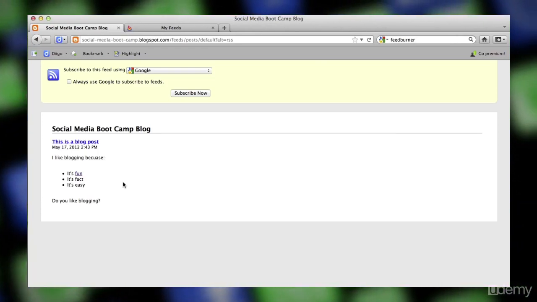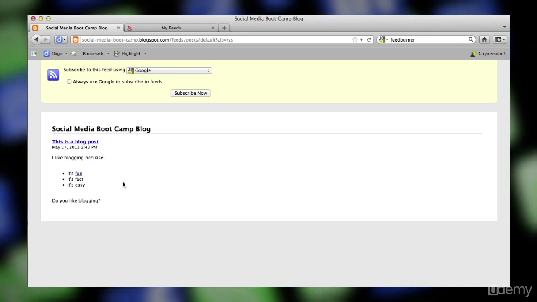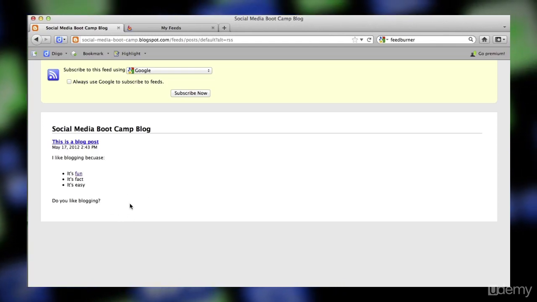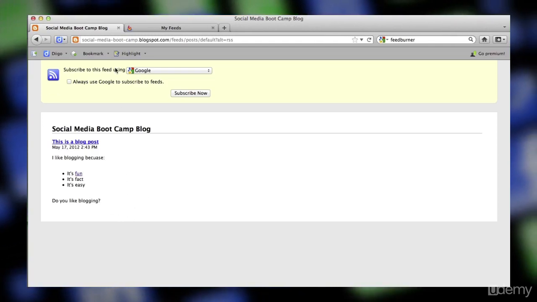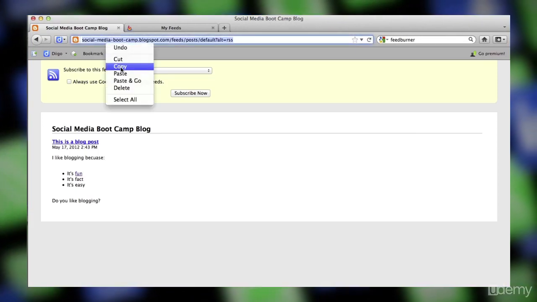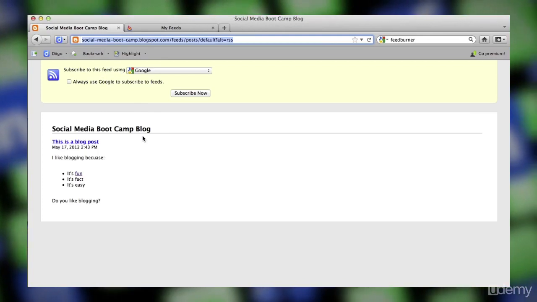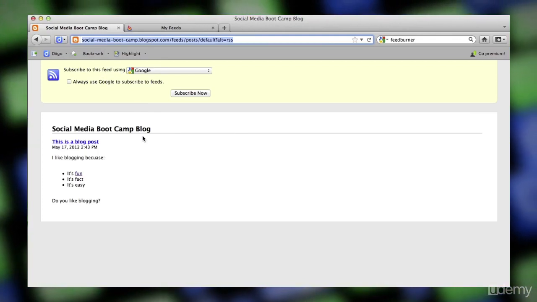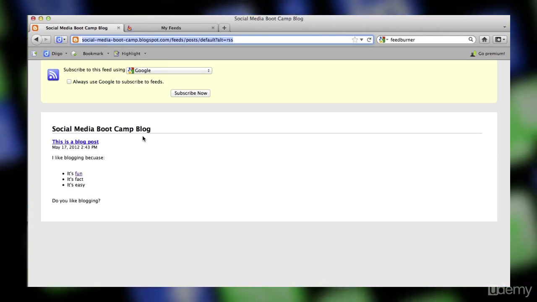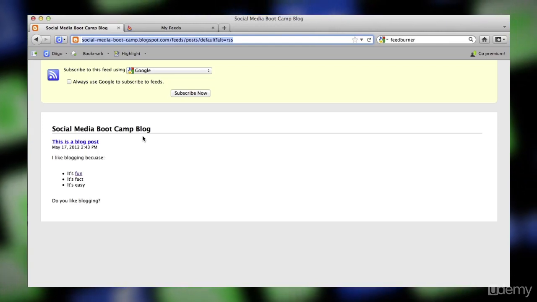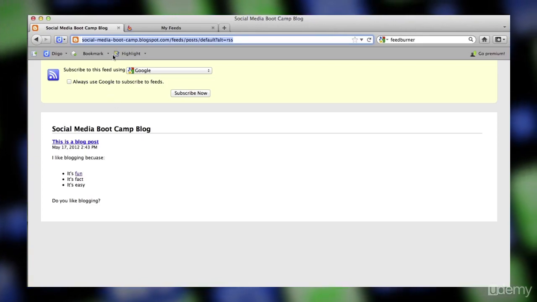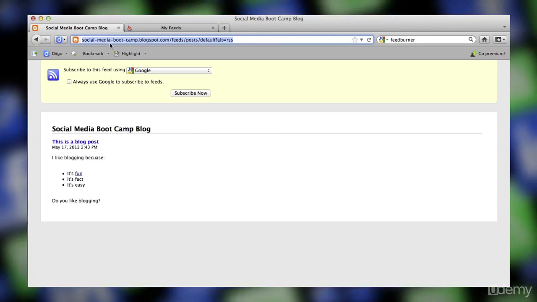But either way, it doesn't matter, because all you need to be able to measure who's subscribing to your blog via RSS is the URL of the blog feed. So I'm just going to copy this. Now, we haven't covered subscribing to blogs. That's covered in the next course. If you're taking this as part of the Social Media Bootcamp, then the next course is Social Media Monitoring, and in that course we cover subscribing to blog feeds. But what I'm going to do is I'm just going to copy the URL of the feed for this blog,